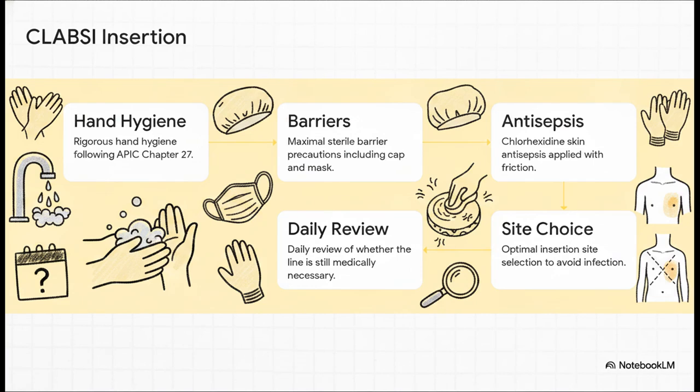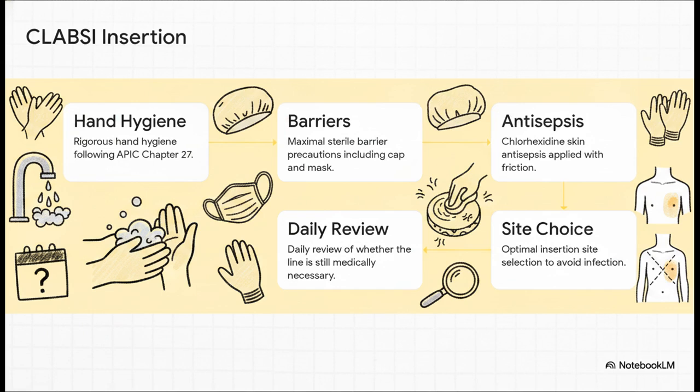When a healthcare worker inserts a central line, they don't just try to be careful. They follow this incredibly detailed 5-step insertion bundle to the letter. Step 1, rigorous hand hygiene, executing those exact standards from Chapter 27. Step 2 requires maximal sterile barrier precautions, and we're not just talking about throwing on a pair of gloves here. We mean the whole shebang: a cap, a mask, a sterile gown, sterile gloves, and a large sterile drape covering